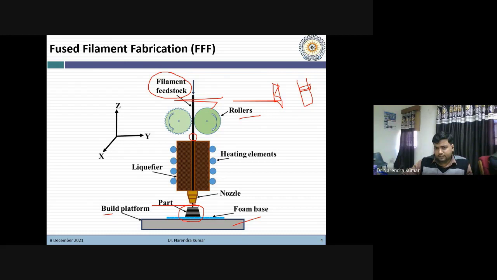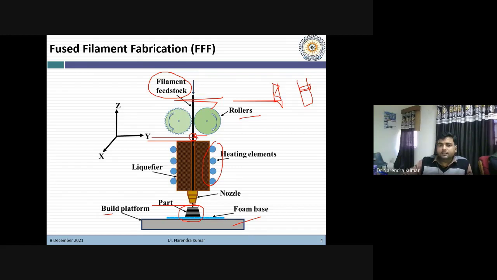The filament which we are feeding into the liquefier head acts as a filament itself, because it is in solid form, since we are feeding it using these rollers. And because we have heating elements here, once it enters the liquefier head opening, its state changes to a viscous form. So what does it mean? The filament entering the liquefier head acts as a piston. It creates the pushing force that is required for the extrusion.